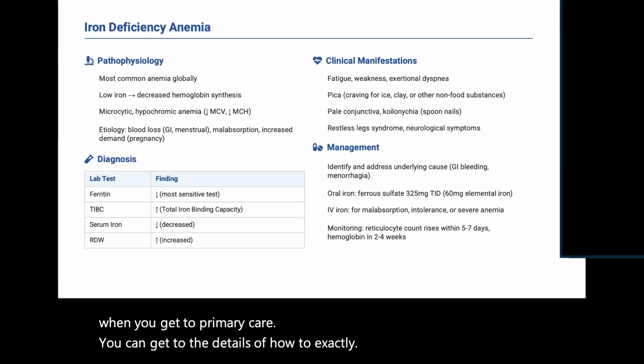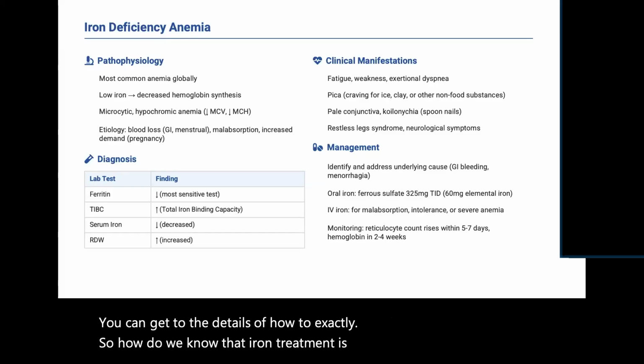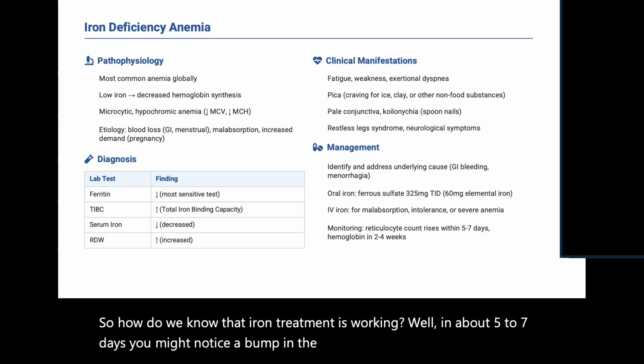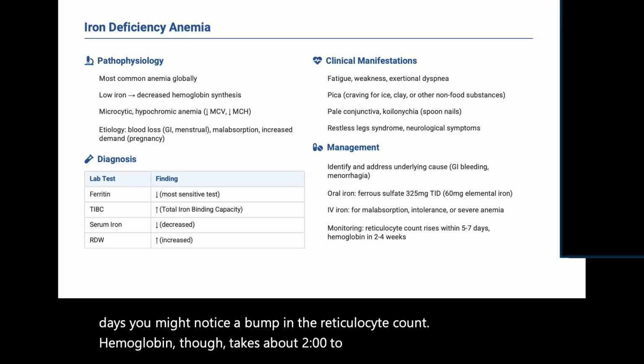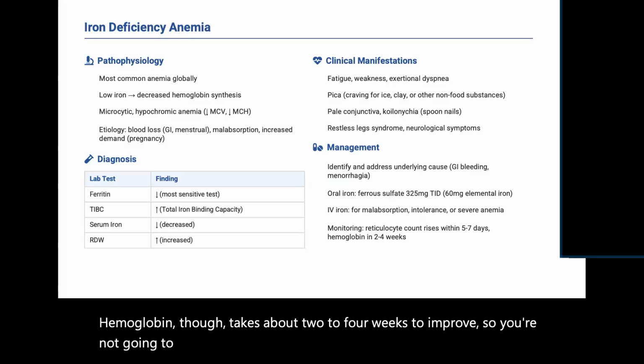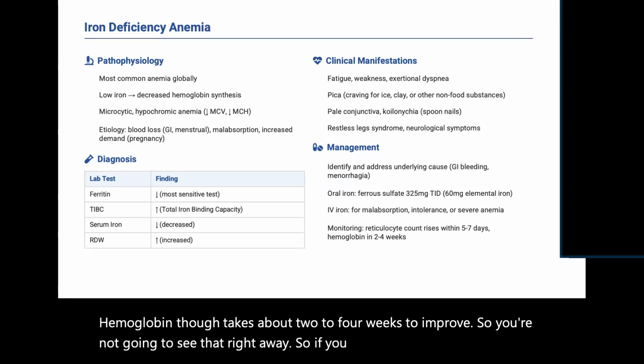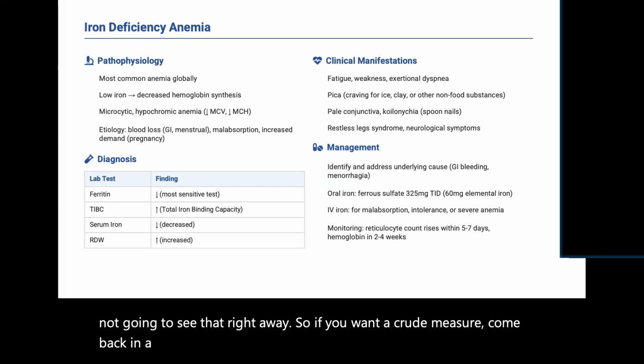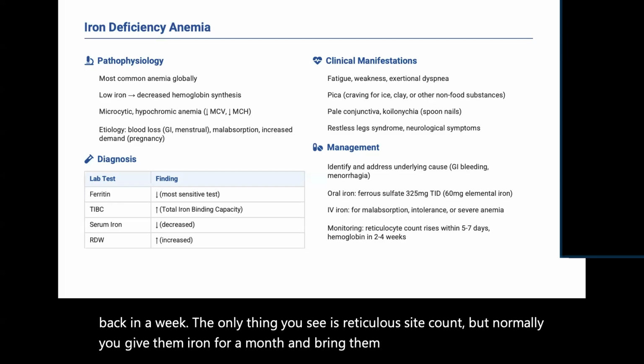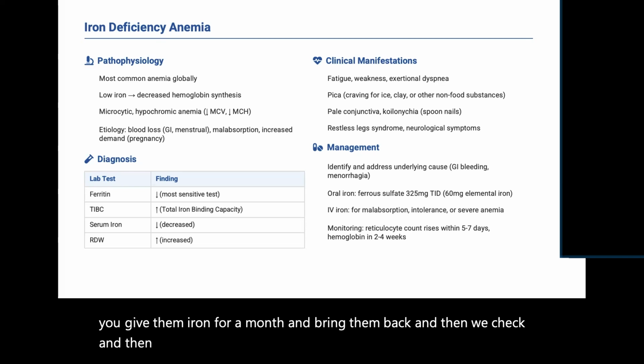So how do we know that iron treatment is working? Well, in about 5 to 7 days, you might notice a bump in the reticulocyte count. Hemoglobin, though, takes about 2 to 4 weeks to improve. So you're not going to see that right away. So if you want a crude measure, come back in a week. The only thing you see is reticulocyte count. But normally you give them iron for a month and bring them back, and then we check. And then you continue iron therapy for about 3 to 6 months after it normalizes,